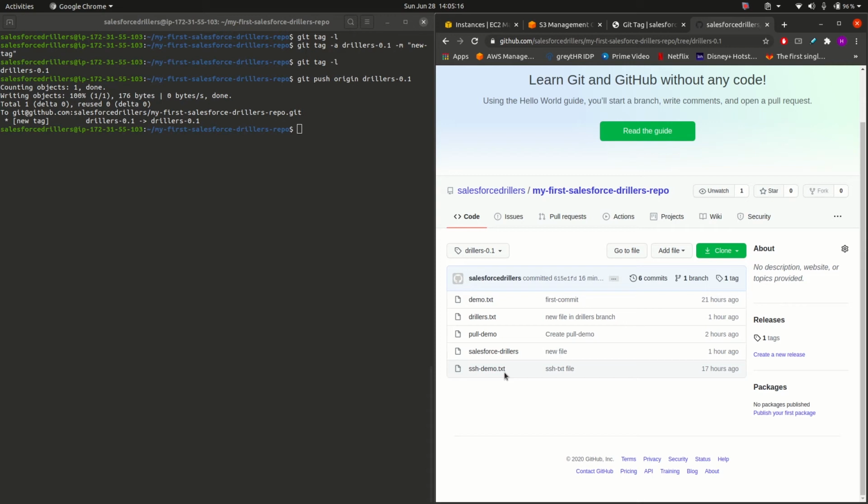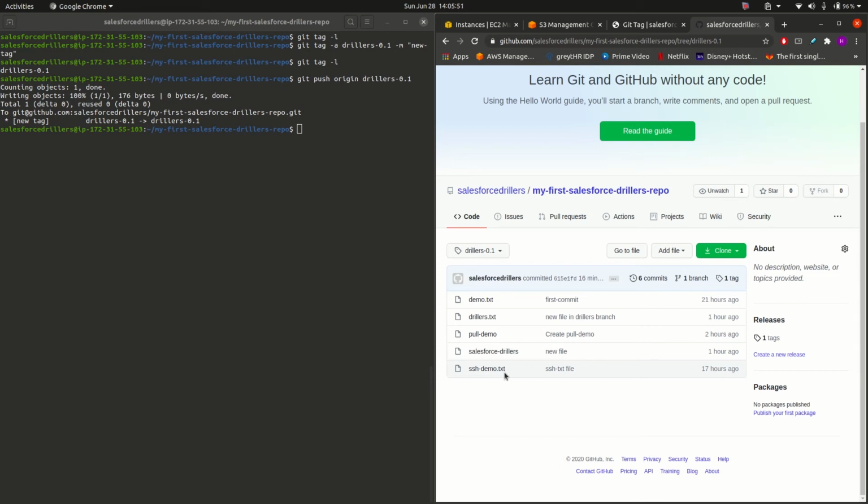So what is a tag? A tag in Git is used for marking a specific version, or I can say it is used for freezing a code base, and no new changes can be pushed to a tag. Both branches and tags are essentially pointers to commits, but the basic difference is that a commit in a branch points to a change as we add new commits, and a tag is frozen to a particular commit to mark a point in time as having a certain significance. So that is how we can create a tag and push a tag to the remote system repository.